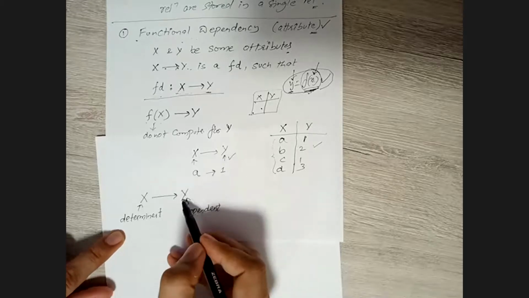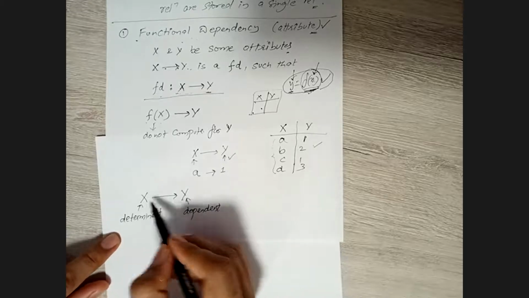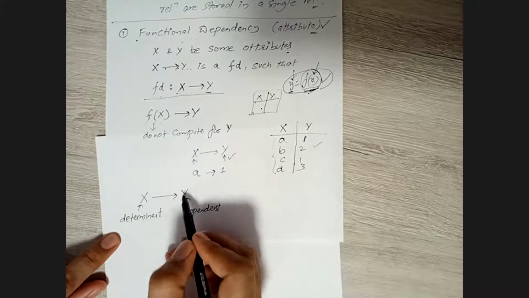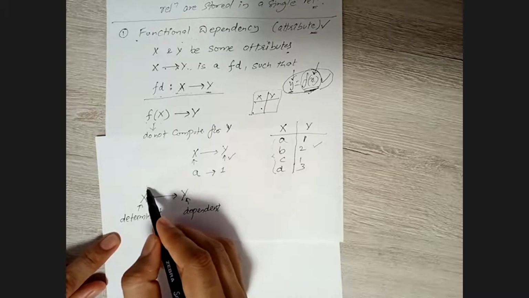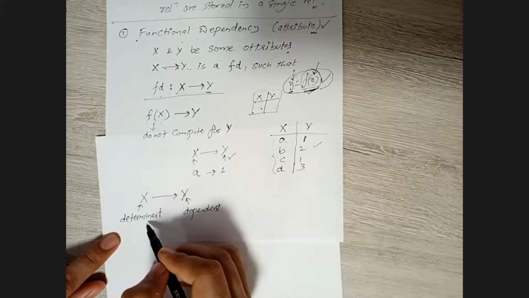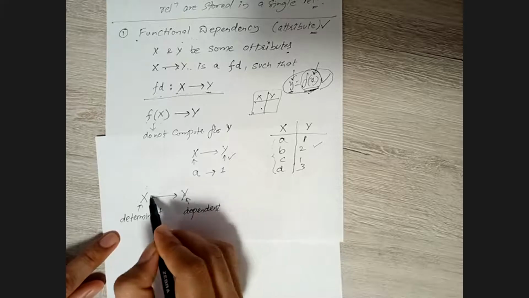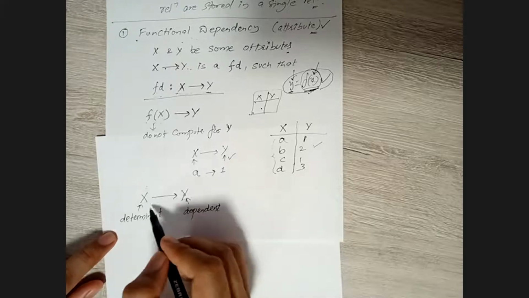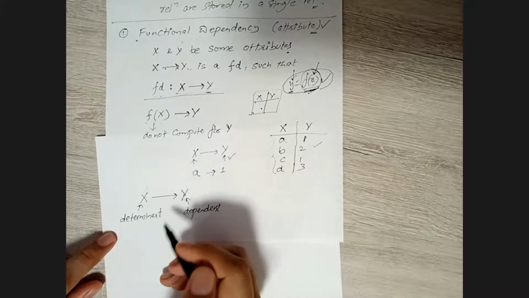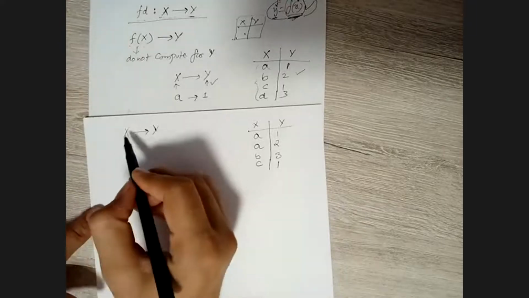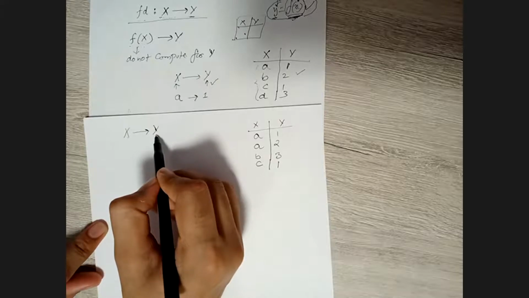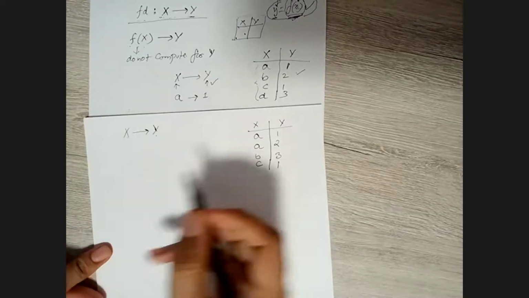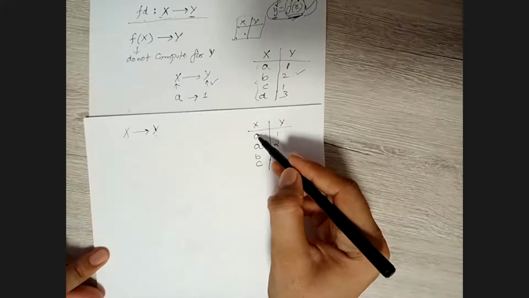So obviously y depends on the x value. I will not get the value of y unless I provide the value of x. So this is called the determinant. It determines the value of y. So x determines y is the reading style that we follow when we talk about functional dependencies. Now I'm asking, is this a feasible functional dependency? If I say x determines y, can I say this? Let's check it out.